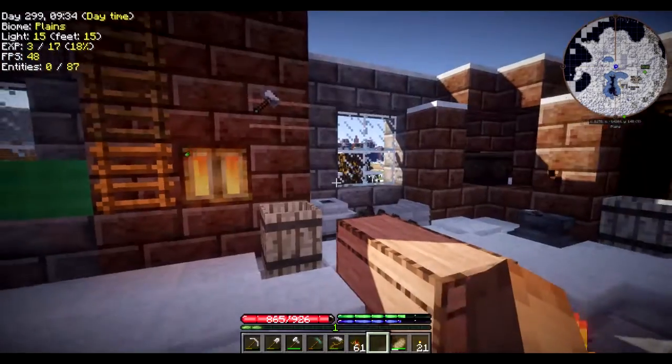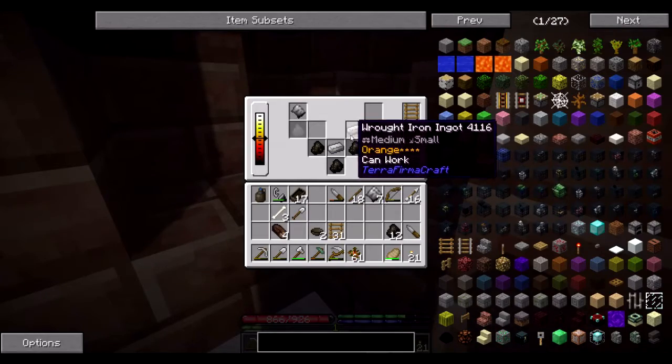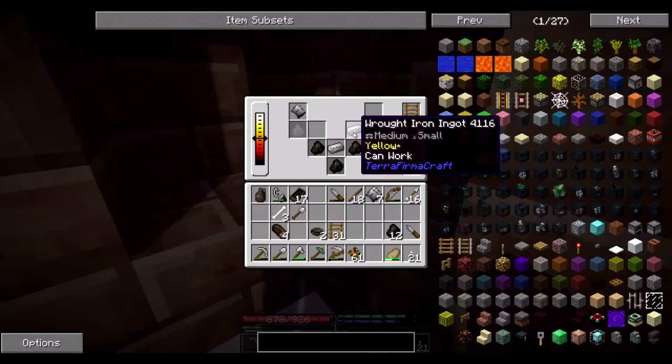I actually dug up 2 mines worth, a magnetite mine and a limonite mine. Both of them are regular, so they're 50 units per piece, so 2 pieces per ingot. But I mean, it's something. I do have,